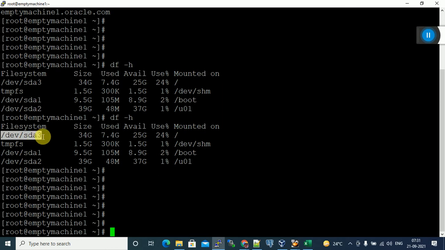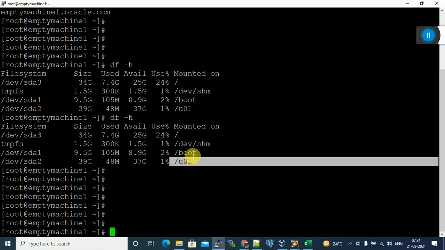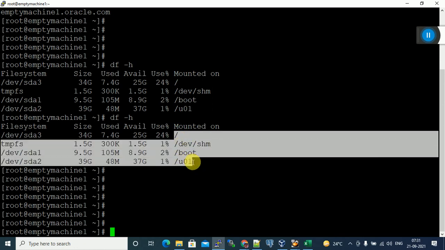Slash dev slash sda3. We gave slash boot as the mount point name. What did the system give as the backend name? Slash dev slash sda1.